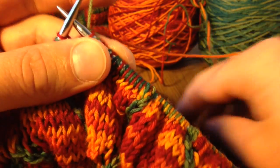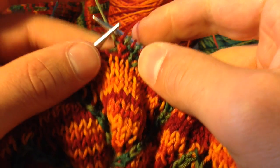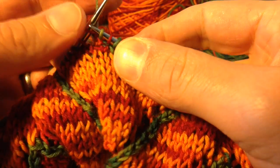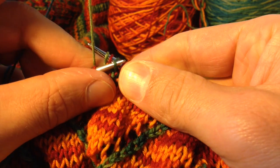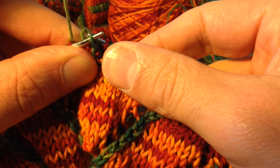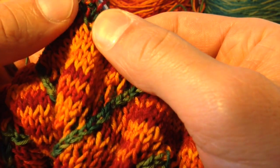Now I need to get those stitches back in the correct order, and to do that I slip 1, that's the first most important thing to remember, slip 1 back because that's already in the right order. Then I'm going to go into the front of the 3rd stitch on the needle, slip the right needle out of those and then back into those twisted, so I'll get those back in the right way, back into the 2 loose ones,